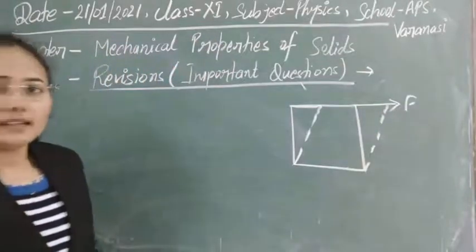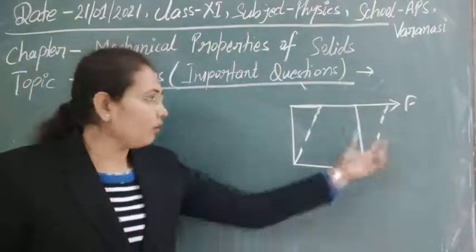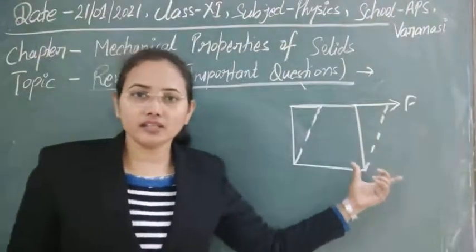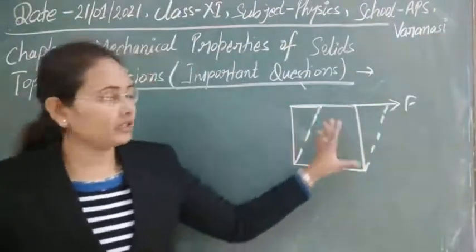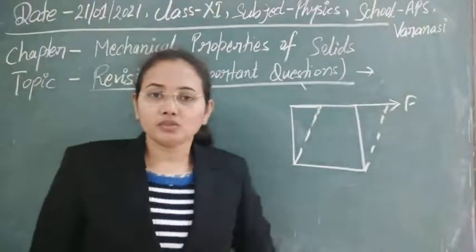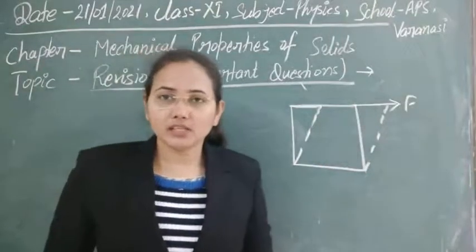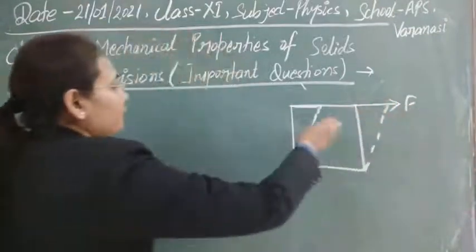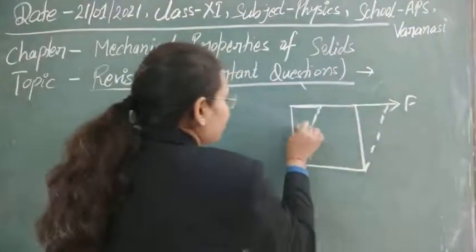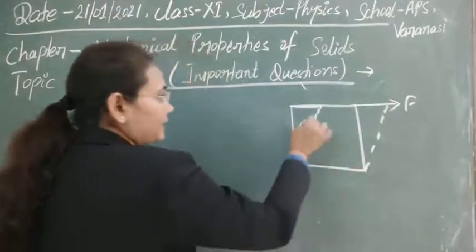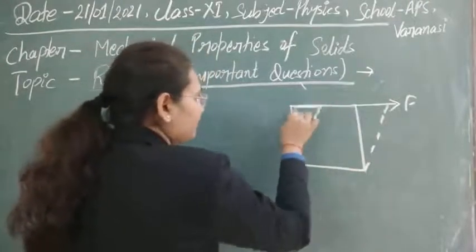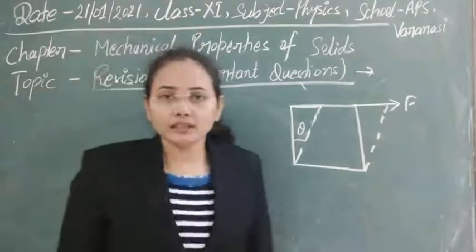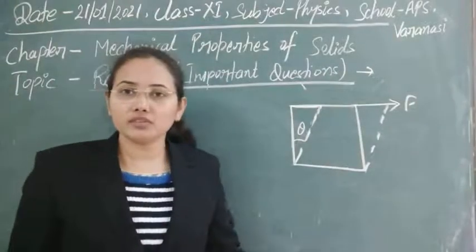It means that the change in length means the whole shape of the body that we are getting now is changed, from a square we are now getting a parallelogram. So the shape is distorted, the shape is changed due to the application of the tangential or shearing force here. And you can calculate how the shape is changed by this angle theta, or simply by measuring this theta here. So I think now that is clear, we have understood this already.